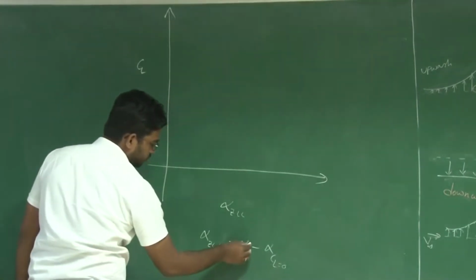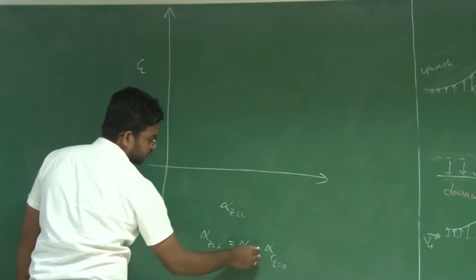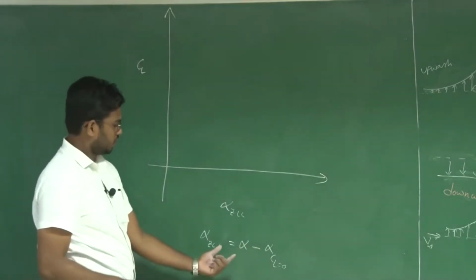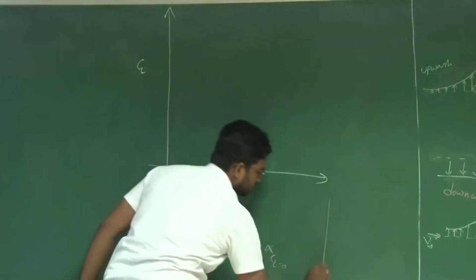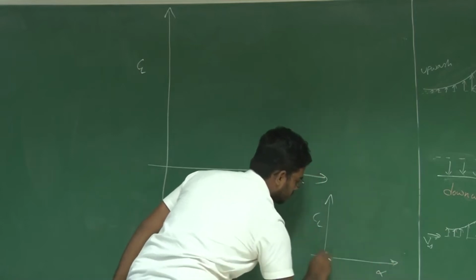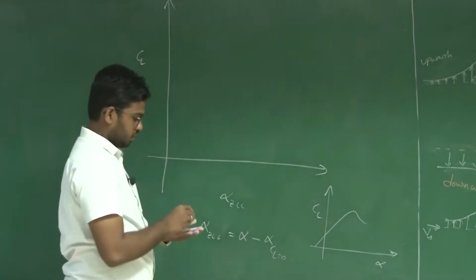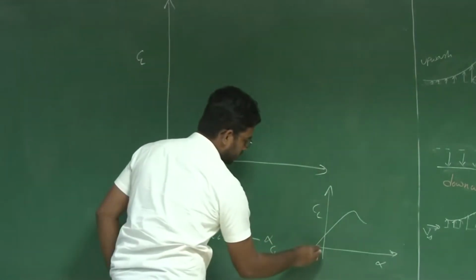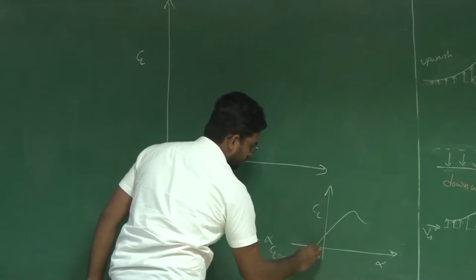Now, what is this y minus here? Because we are actually shifting the y axis. For example, if this is my CL and alpha with respect to the chord line, now with respect to the zero lift line, what happens is my